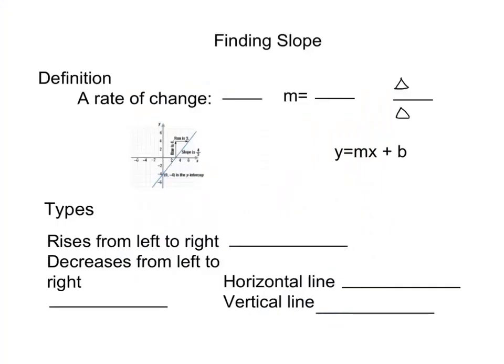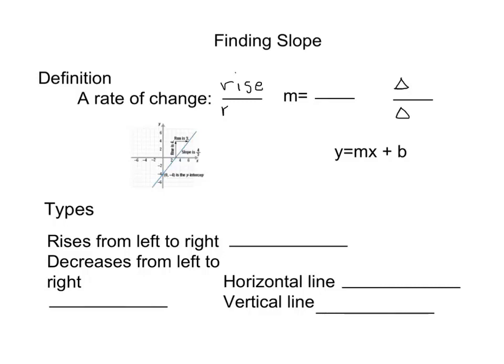Today we're going to be talking about finding slope using a graph, using points, or using a table. If you can remember, to find slope, it's also called the rate of change. And in the rate of change, when we work with the graph, we use rise